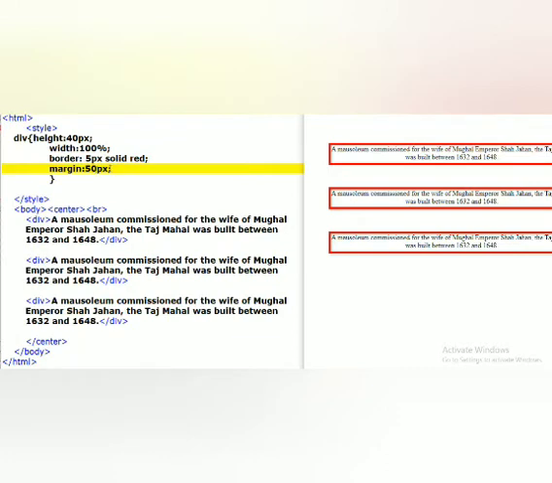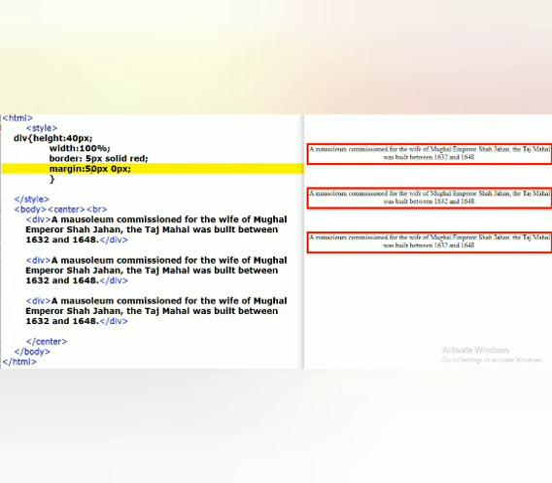Next one is, we can pass two values for margins here. First value I am passing as 50 pixels. Next value I am passing as 0 pixels. Means what will happen here? The first value is for top and bottom. The next value is for left and right side. Left and right side I am removing the margin, and only top and bottom I am passing as 50 pixels. I am saving this and refreshing here. You can observe the difference. Here you can see left and right side it is applying 0 pixels, means it removed all the margin size, and top and bottom it is applying 50 pixels.